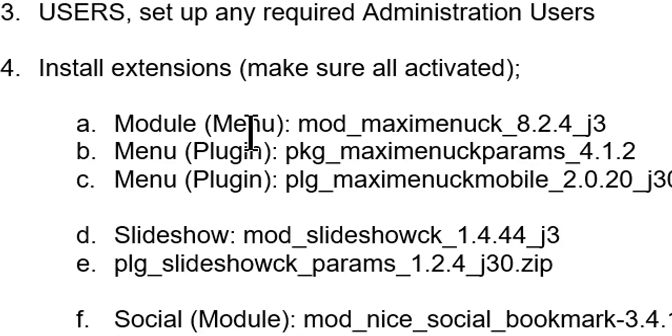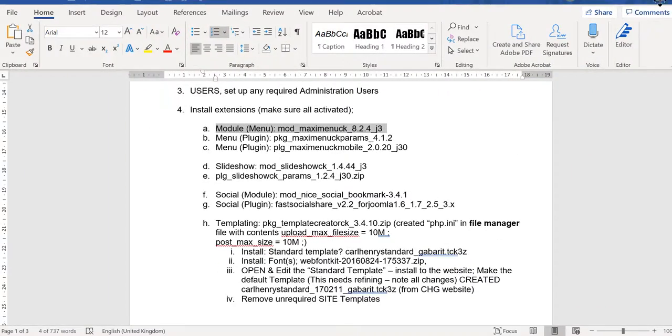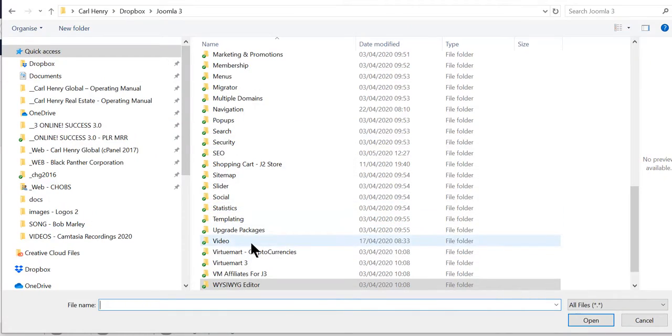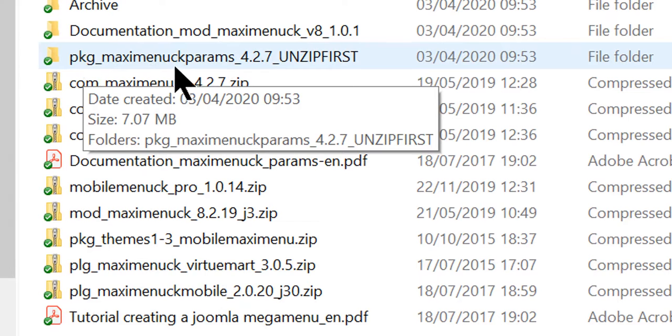So for instance, here I'm going to install this module here, which is the main menu module. So I will move away from this and just look through here for my menus, double click, and you'll see that we have